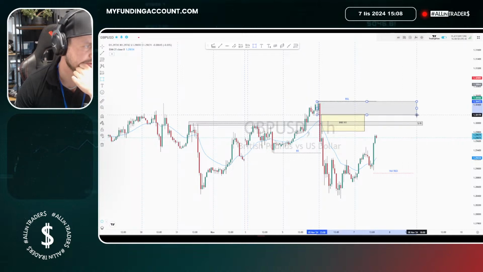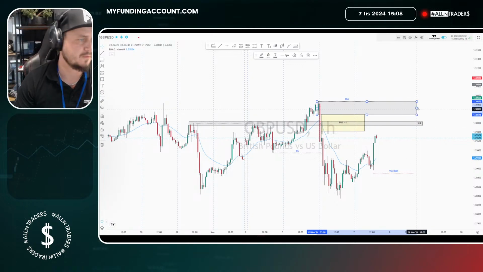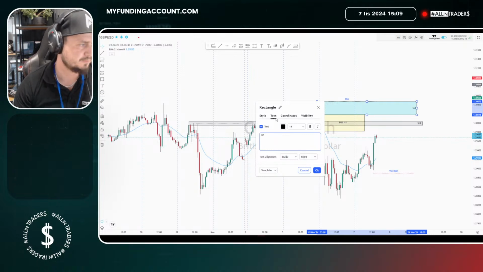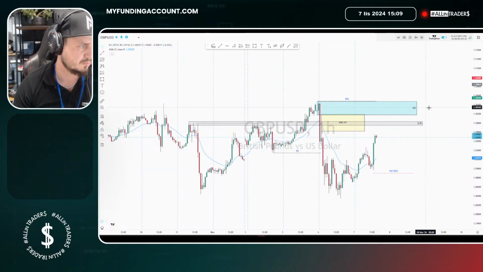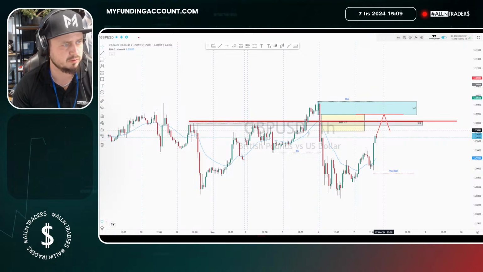Here is a nice order zone, and we might use it as well. But one more thing, let me just change the color. The supply zone, and if we're gonna get here, we're gonna break through the support resistance zone with no reaction after closing the imbalance. We might see a reaction, but if we're gonna have a reaction, I would like to see the price break through the support resistance zone,